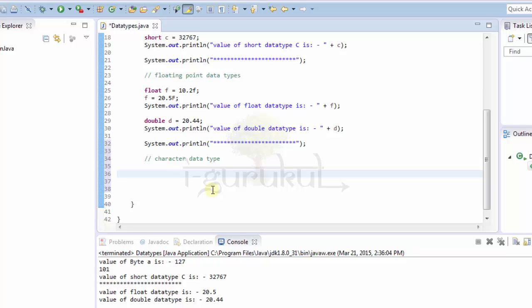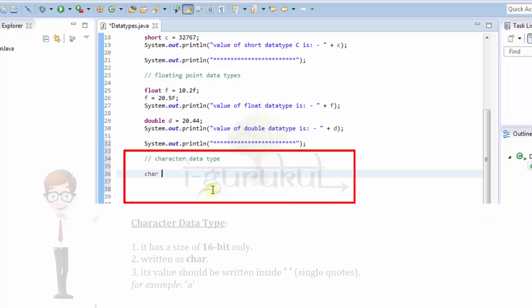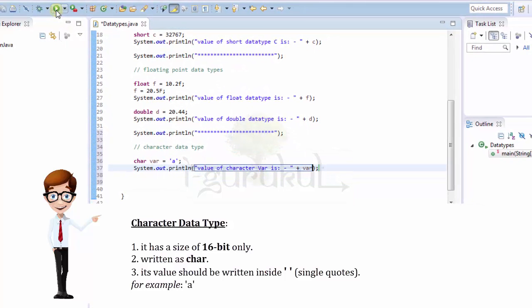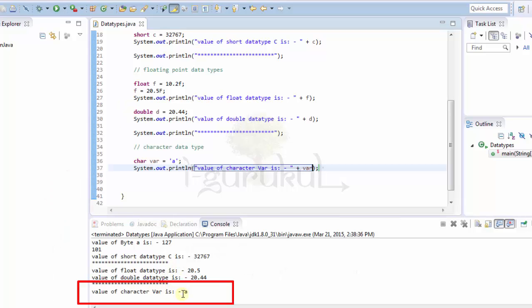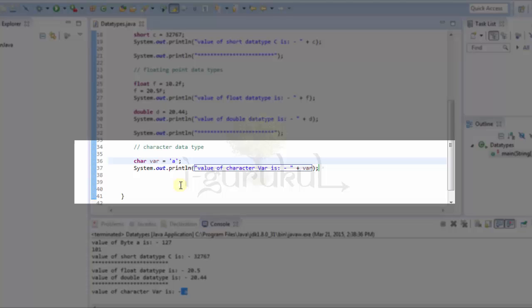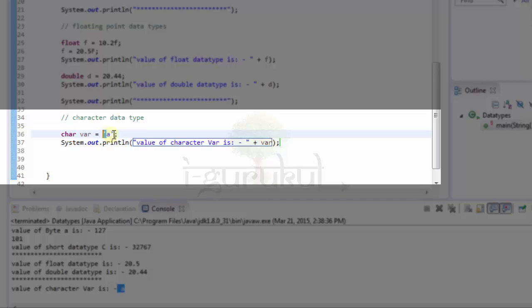Our next kind of data type is character data type. So char is the keyword for character data type. Take a variable for char, give it a value, put a semicolon. Let's execute the command and see the output first. See, I have got the output as A. See, what I have done here is I have taken a character variable, assigned a value to it. You have to remember one thing while assigning a value, that the value should be in a single quote. It is a must expression. If you forget to put a quote, it will give an error.